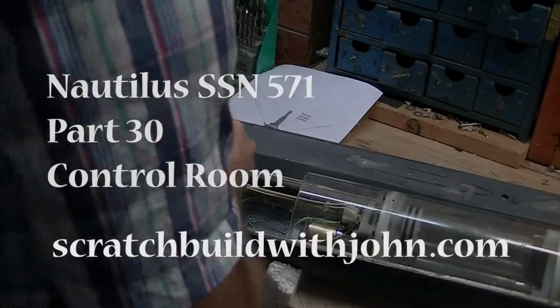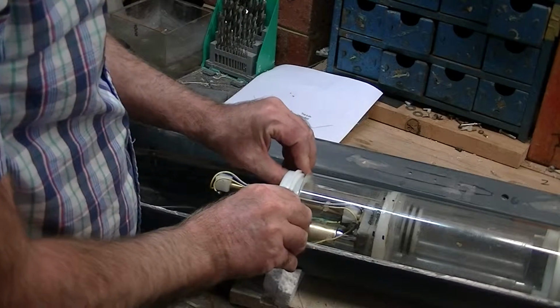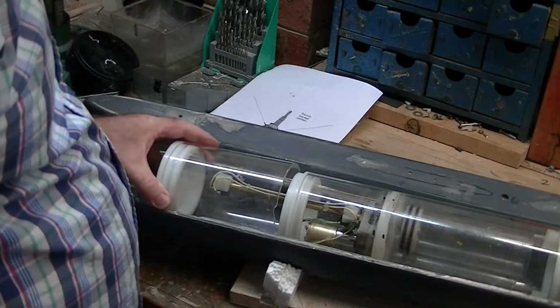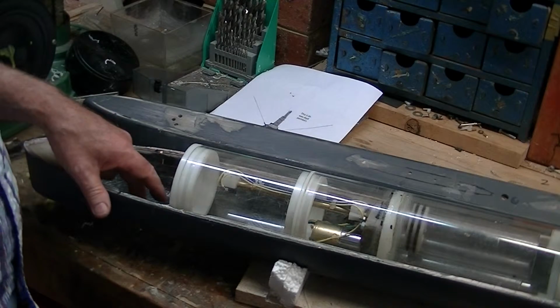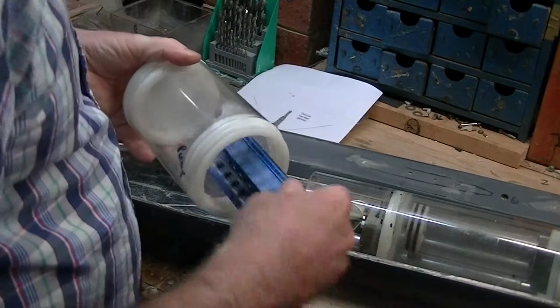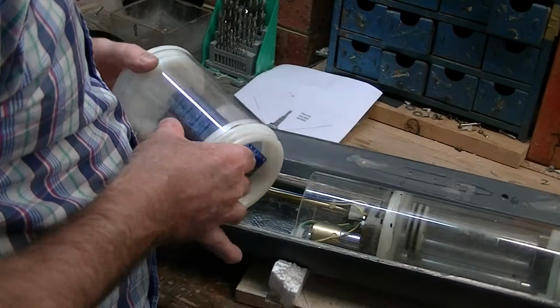Okay, so now we're going to build the end. This, of course, is the, I was calling it a reducer. It's not. It continues the same width of watertight cylinder. It just means that I can break it off when I put an O-ring in there. I've just taken this piece of cylinder out, and I haven't even cut it. It's just the perfect length. It will take that bank of relays very nicely, and they fit nicely in between the reducer and the end